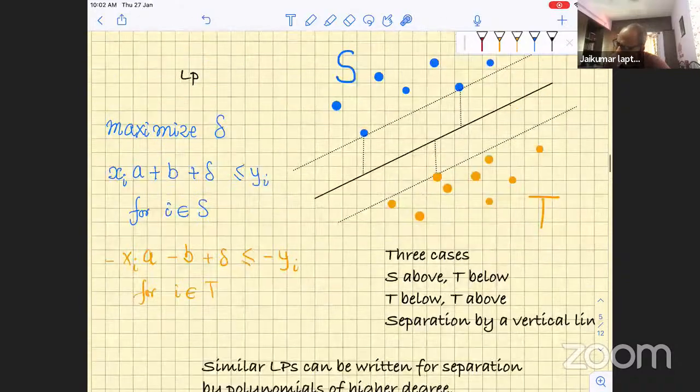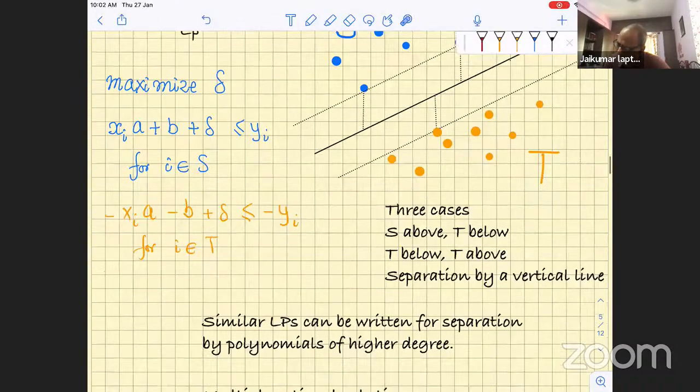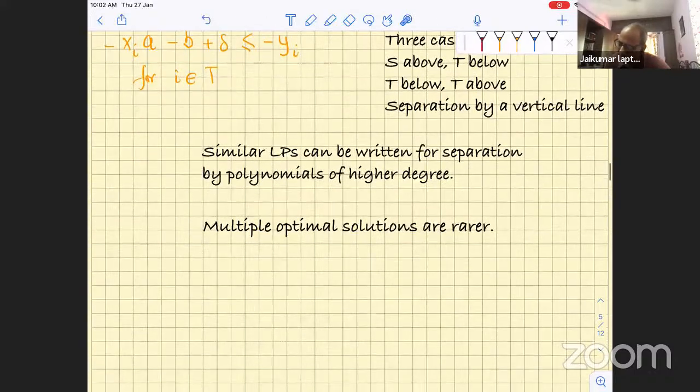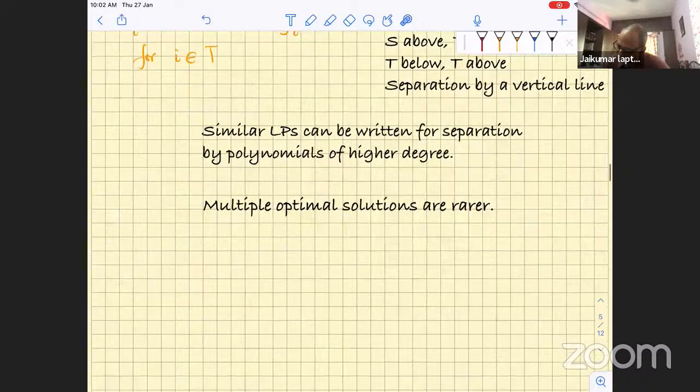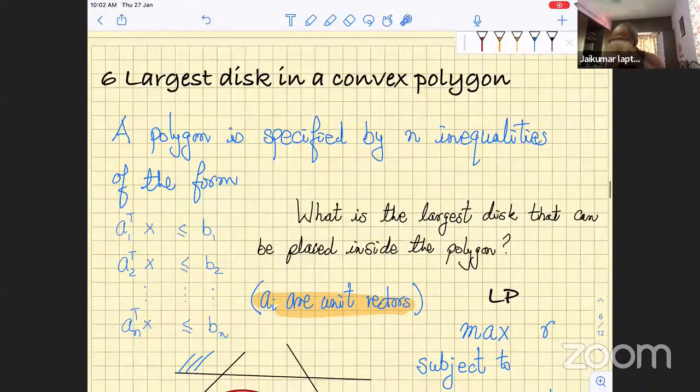So in this also, sometimes multiple solutions can occur. I'll let you think about how multiple solutions occur, but they don't happen that often. Good. So